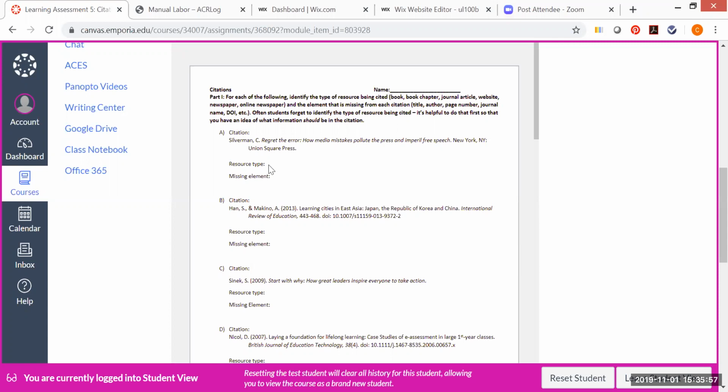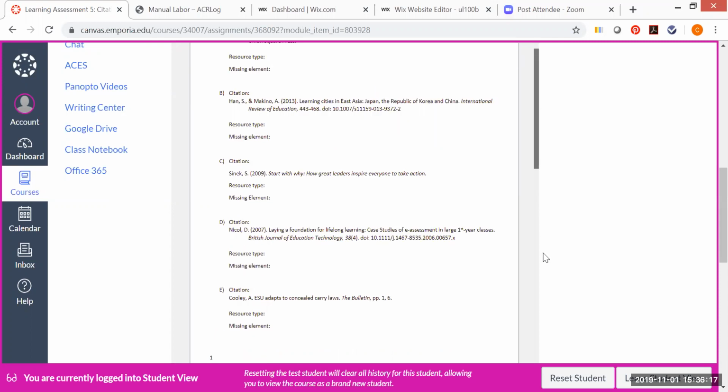So under resource type for each of these, you're going to put down if you think that's a book or a journal article or a website, and then identify what you think is missing in that citation. If it's missing a volume number, an issue number, an author, a title of the article, whatever you think it is. And then for the second part,